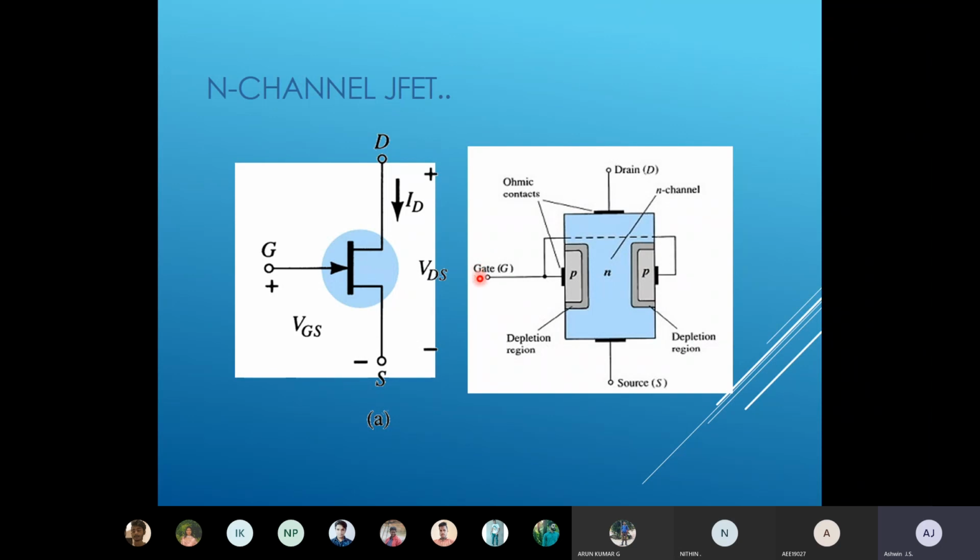And if you give a negative voltage to the gate, it becomes a more reverse bias condition, so the flow of electrons will be reduced. So if you look at the graph,